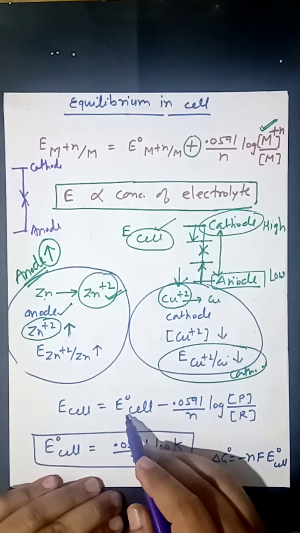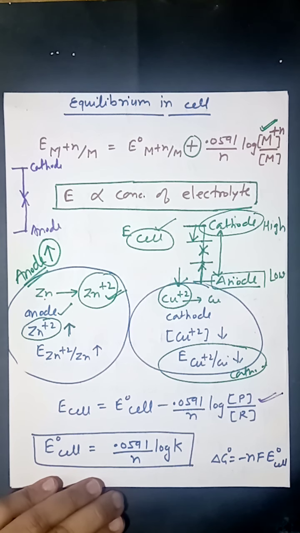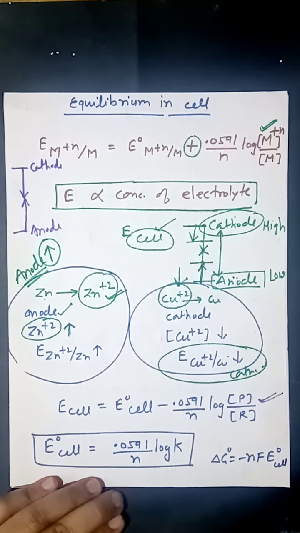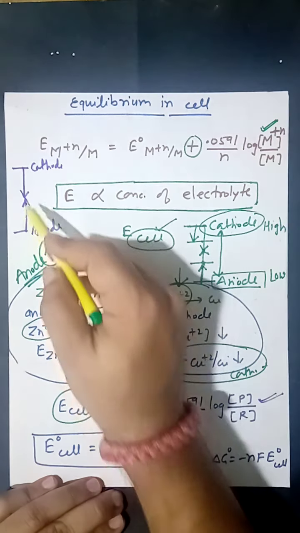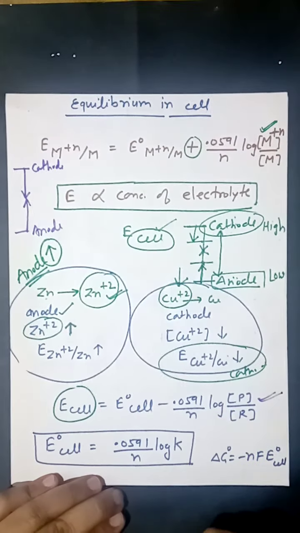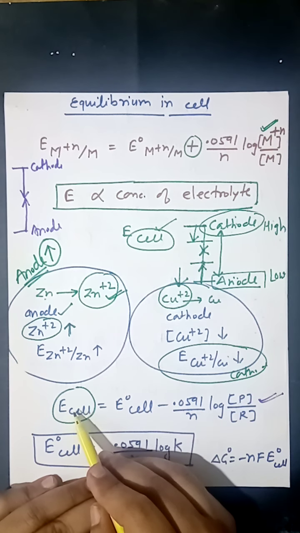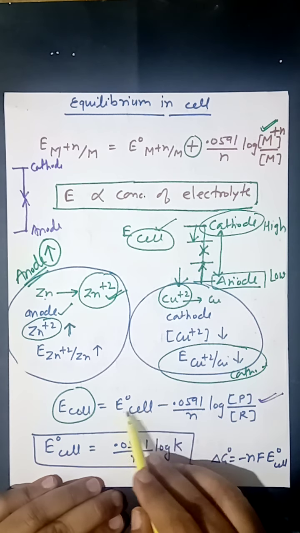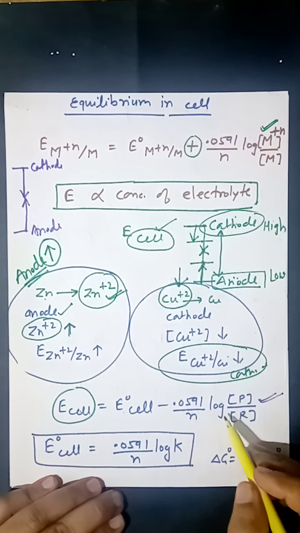E cell equals E naught cell minus... this we have discussed earlier. Now you can make two changes here at equilibrium. First, E cell is always equal to 0. As we know, the potential of both cathode and anode becomes equal, so this is replaced by 0. If it is replaced by 0, you can write E naught cell equals 0.0591 upon n log product